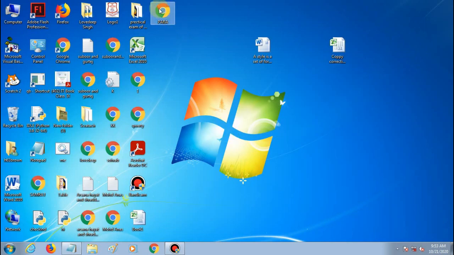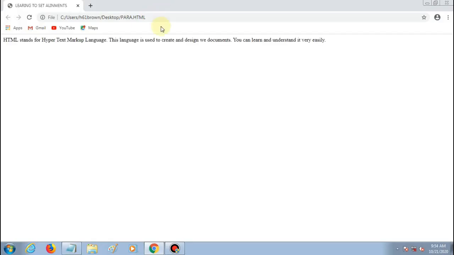Okay, so you can see here this web page is created, and if you will double click on it, your web page is opened here, and a paragraph HTML stands for is displayed on the screen, and the title which you have given is displayed here, learning to set alignments.